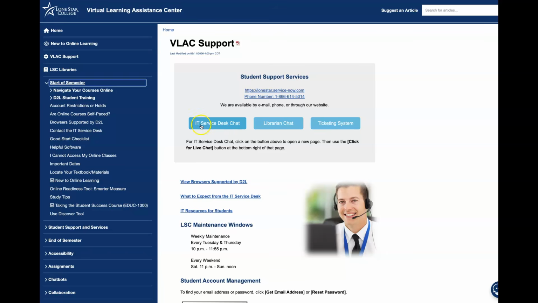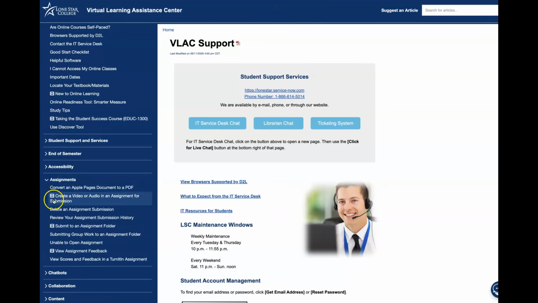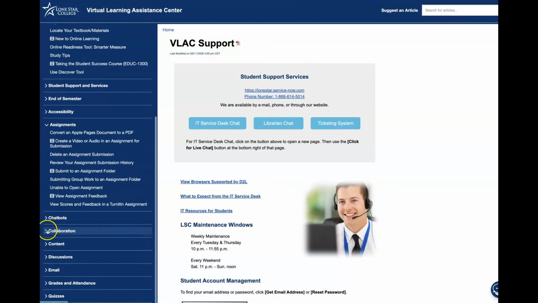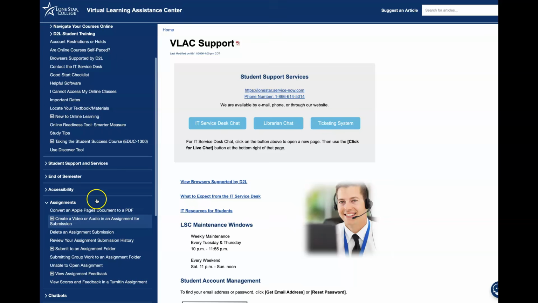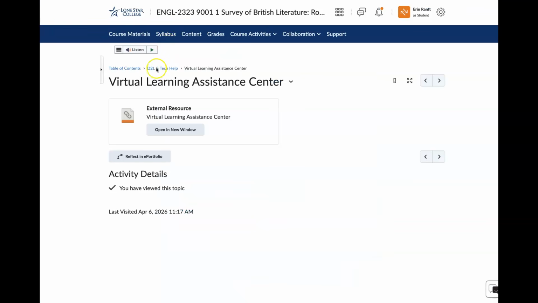So it's very easy to just click into VLAC and go here. Same with the librarian. You can check on a ticket if you've submitted it, but it has everything. If you have questions about submitting assignments, if you have questions about anything. So bookmark VLAC now. It's going to help. Okay. So going back to the table of contents,